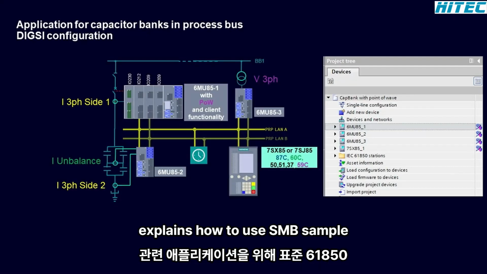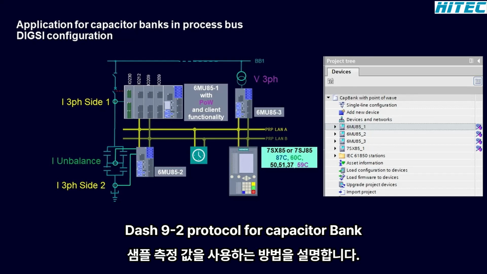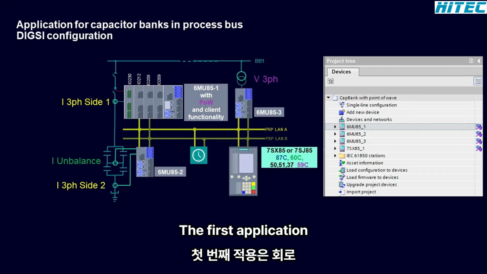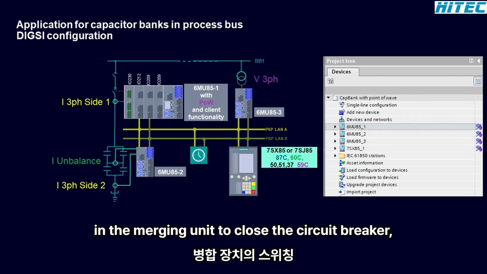This video explains how to use SMV sample measurement values with the standard 61850-9-2 protocol for capacitor bank-related applications. The first application is the implementation of point on wave switching in the merging unit to close the circuit breaker and